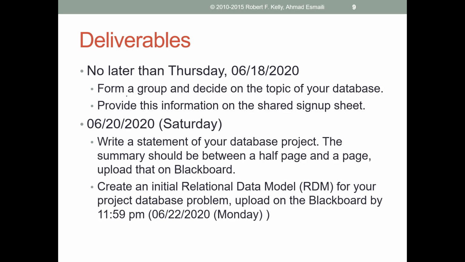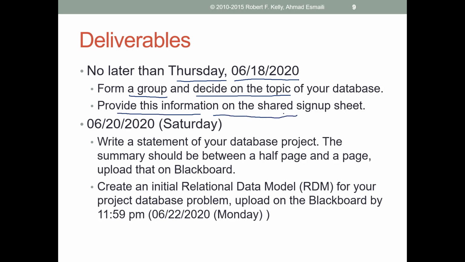So here for this deadline, which is 18th of this month, that's the Thursday, you need to form a group and decide the topic. So these are the two things you have to do. Today is 16, you still have 2 days, but I think it should not take much time. Write some email to your friends. If you're forming a team, and pick a topic, decide a topic, and you need to provide that information on